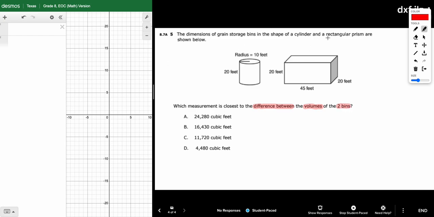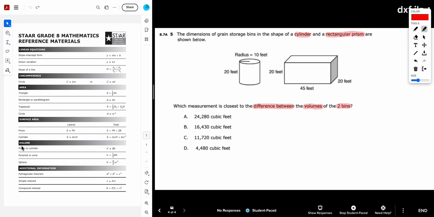And up here it tells us that the bins are in the shape of a cylinder and a rectangular prism. So looking at our star chart, we see for volume, for a prism and a cylinder, they both use the same formula, V equals big B times H. So in order to find the difference between the two, I need to find the volume of the cylinder and the rectangular prism. And once I have the volume of the two, then find the difference by subtracting. So I'll do the cylinder first,